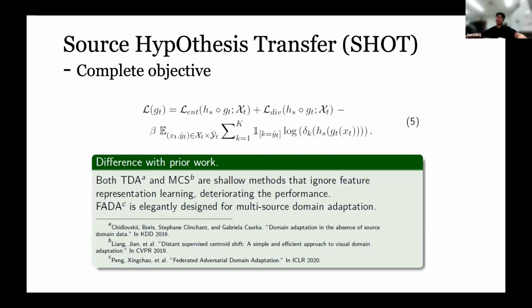Okay, so this is finally the objective we optimize in this method. The first two terms correspond to the mutual information maximization, and the last term corresponds to the pseudo labeling. Different from previous work, there are three related works here, and all three works